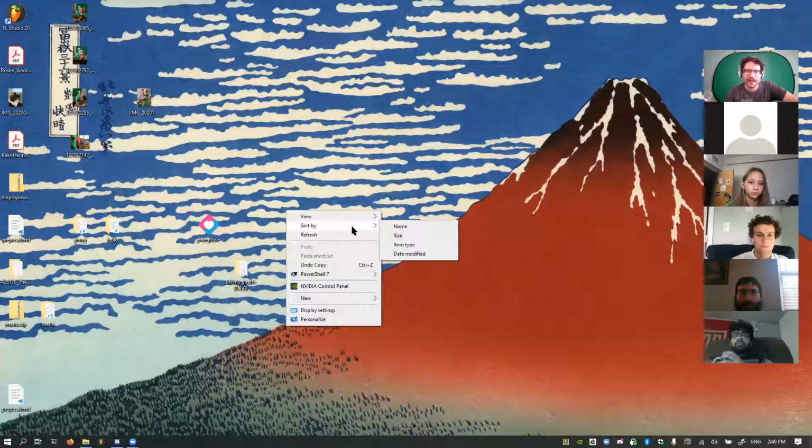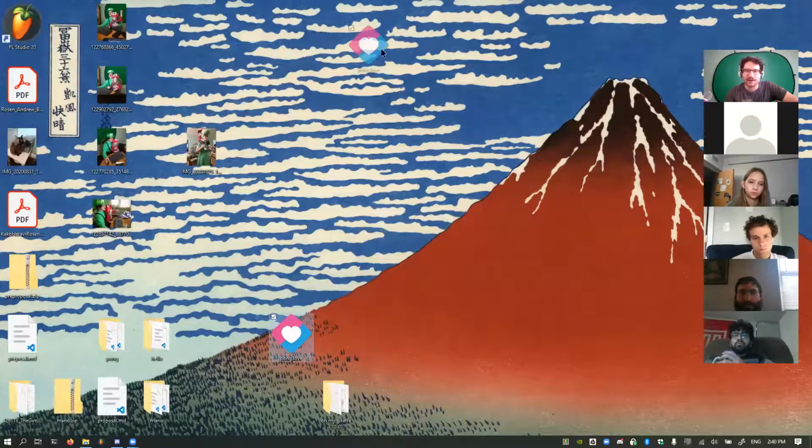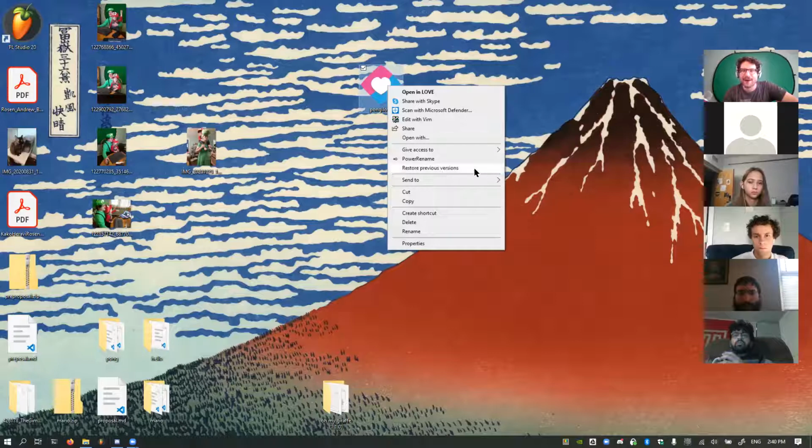Let's go ahead and I will view it, increase to large icons. So here I've got this pong.love. Okay, have to clean up my desktop. It's gotten a bit messy. So actually what this love file is, is just a zip file with the extension name changed. Here, I'll show you.